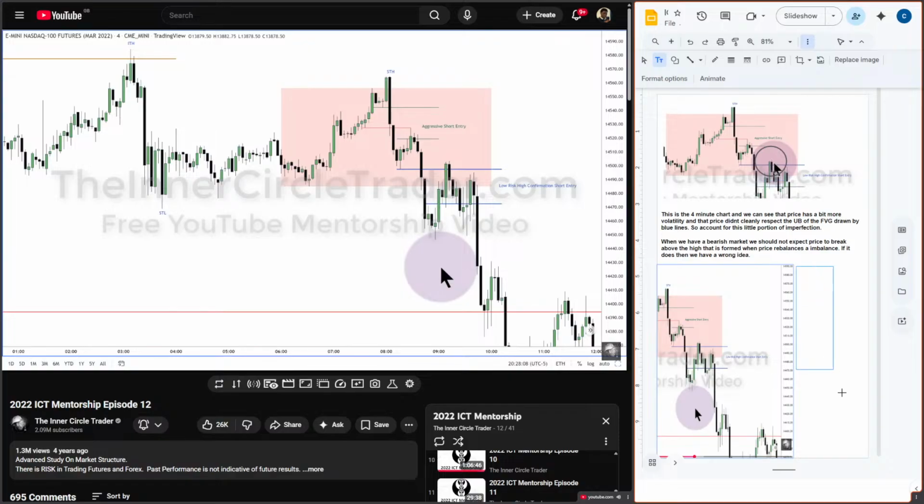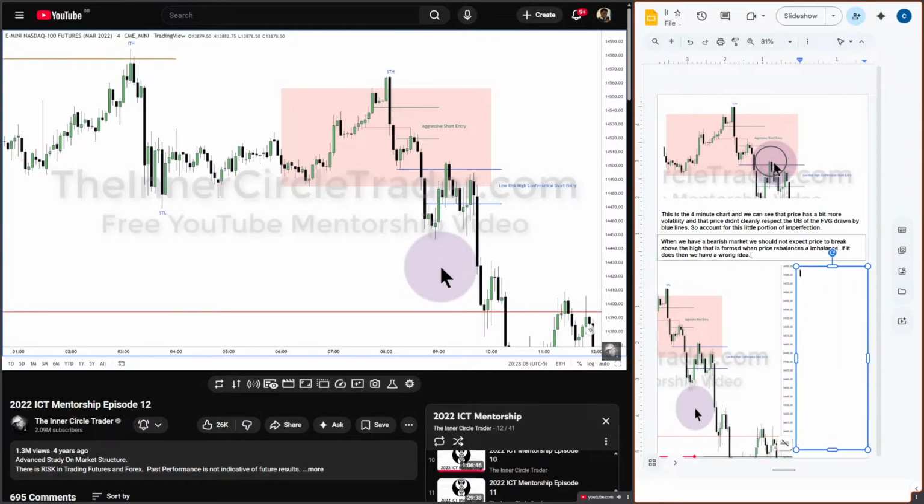If that intermediate term high or low is broken after your trade idea becomes possible, if that intermediate term high is broken and you're bearish, then you've got to move to the sidelines and don't go in again. Wait for more setups in the future. It may be in the same trading session, or in the same trading day, or it may require you to trade in the following week. You just can't force it.